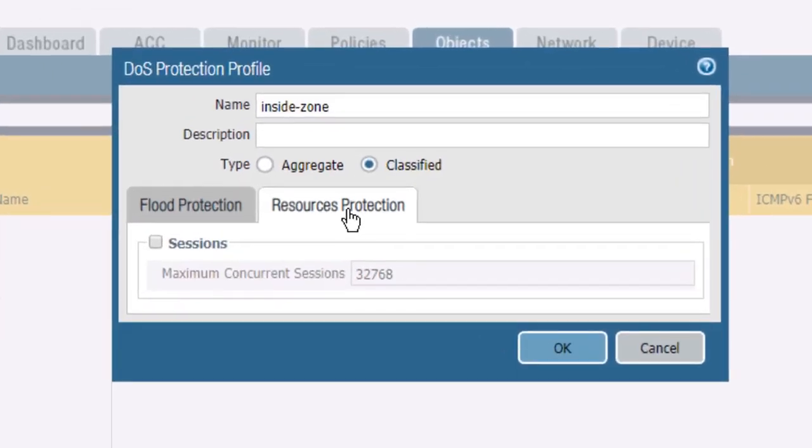A DoS protection profile also has a resources protection tab, which is used to mitigate a resource exhaustion attack. A resource exhaustion attack typically is launched using a large number of source hosts to create as many fully established sessions as possible on a target host. This type of attack is difficult to detect because the sessions might be used to send requests that look valid to the target host. To protect against these types of attacks, click Sessions,